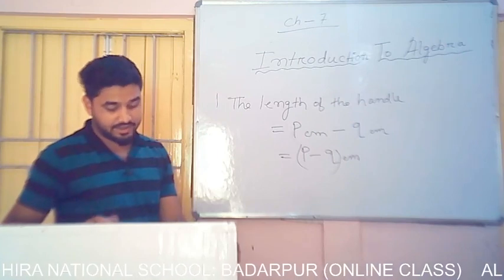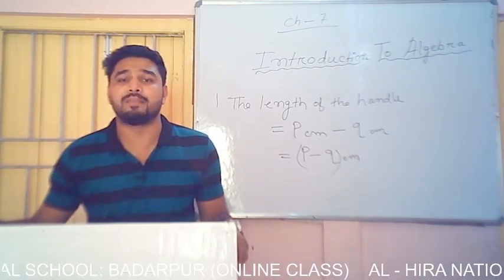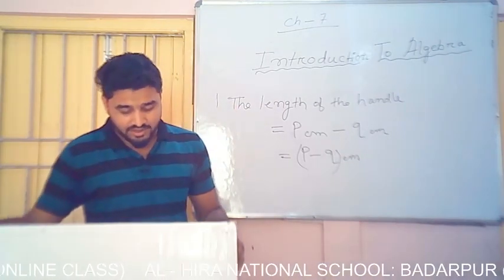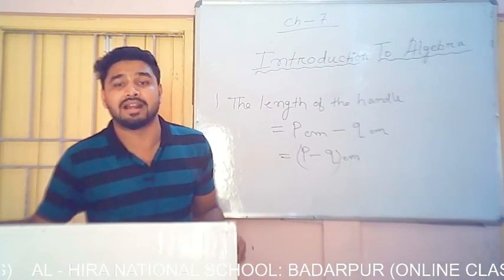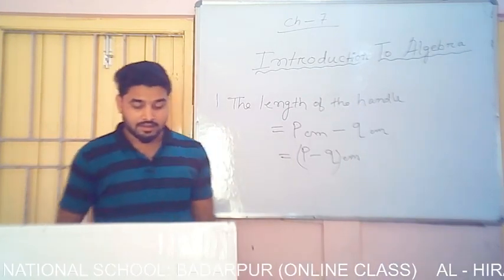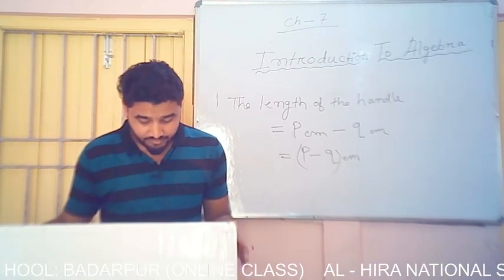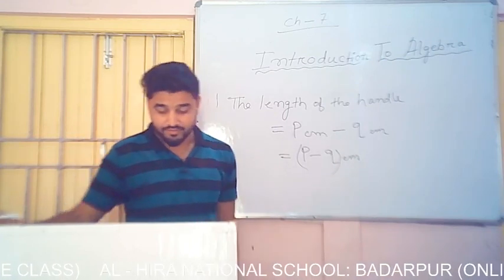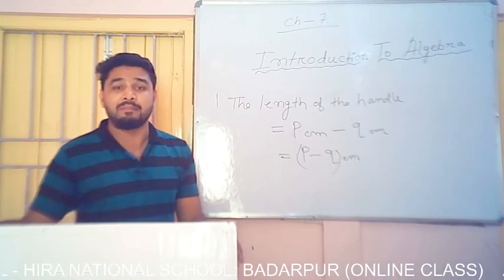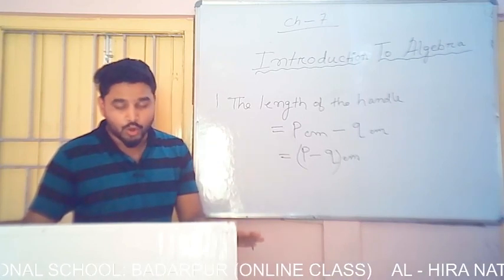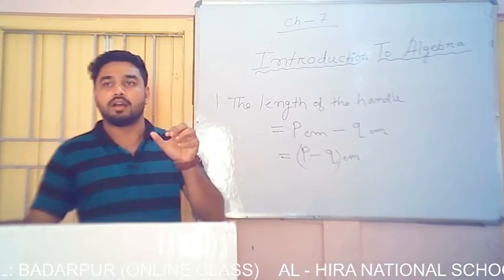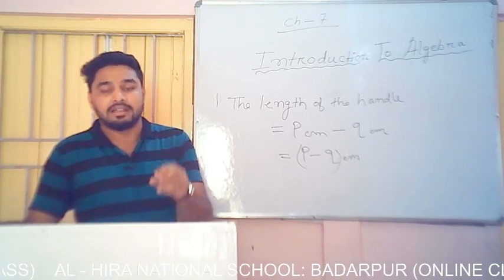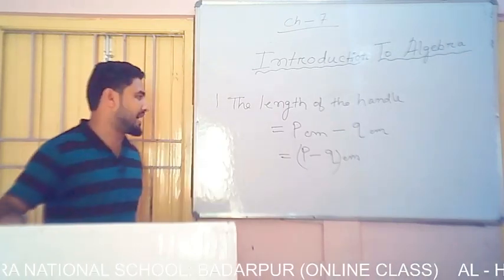Now come to question number B. Write the length of the barrel. Then you can see the picture. It's a gun and we have to find the length of the barrel. That is, we have to find the length of the back portion of the gun, which is called the stock. So like 2A, it is also the same. If we subtract the length of the stock from the total length of the gun, then we will get the length of the barrel. So let us write.